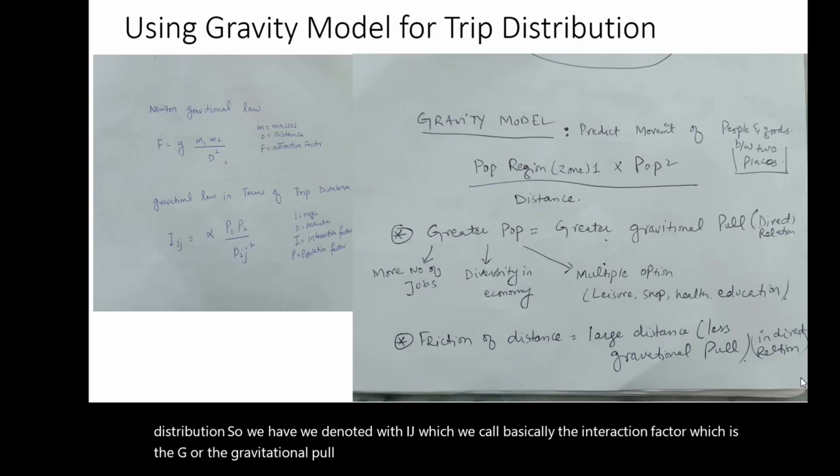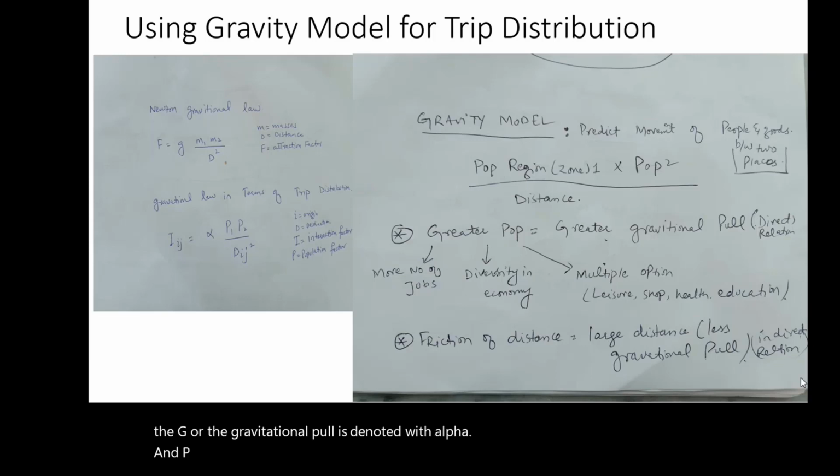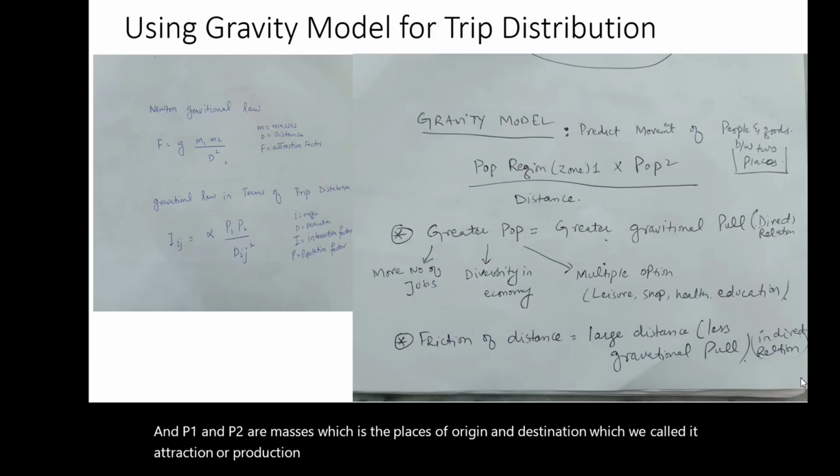is denoted with alpha. Okay, and P1 and P2 are actually the masses, which are the places of origin and destination, which we call attraction or production as well. And the denominator factor is the destination where it wants to go. Okay,